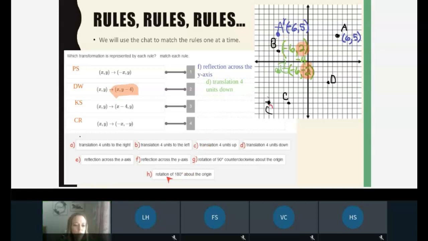Or 180. So if you can picture a diagonal line right here, that if it gets reflected across that line, so D would be over here. Or D prime would be over here. That's a rotation of 180. So that one's a little trickier. Okay, yep, we are done, but I hope